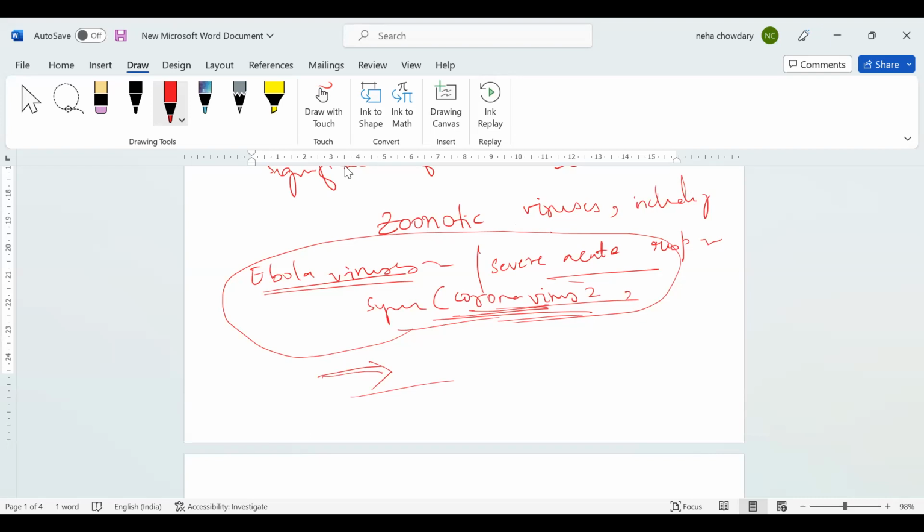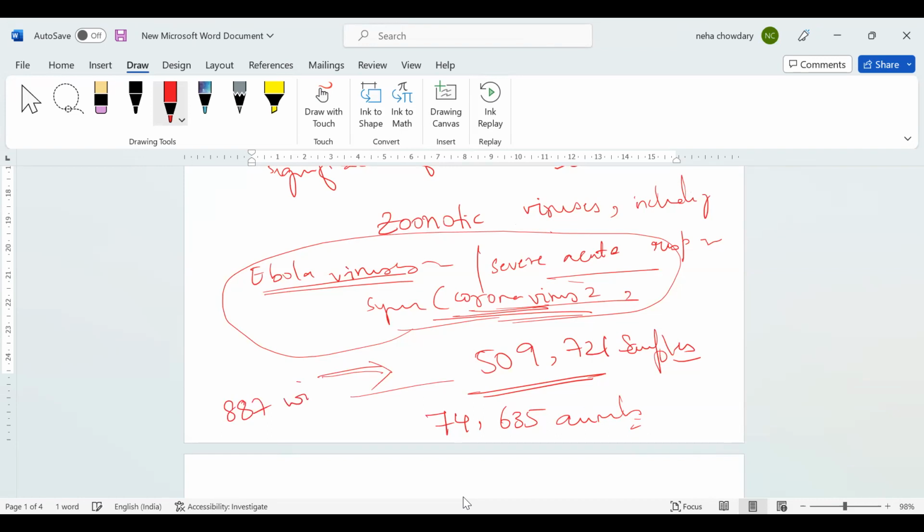So the samples they collected were 509,721 samples from 74,635 animals as part of a virus discovery project and public records of virus detection around the world. So they ranked the spillover potential of 887 wildlife viruses,